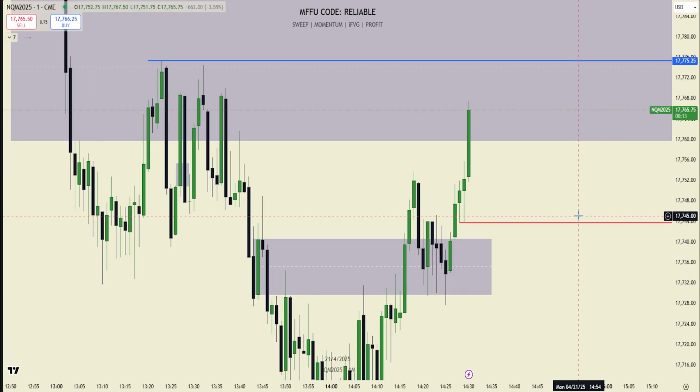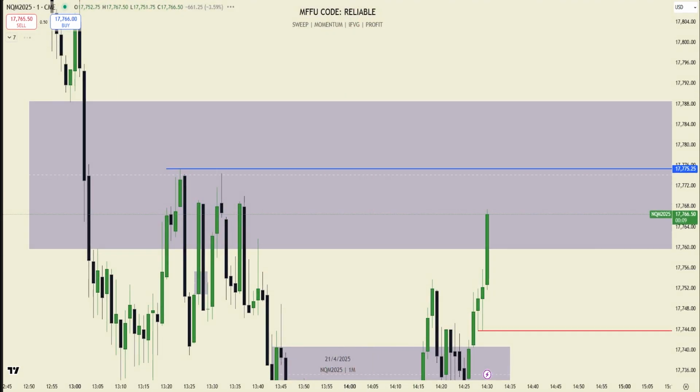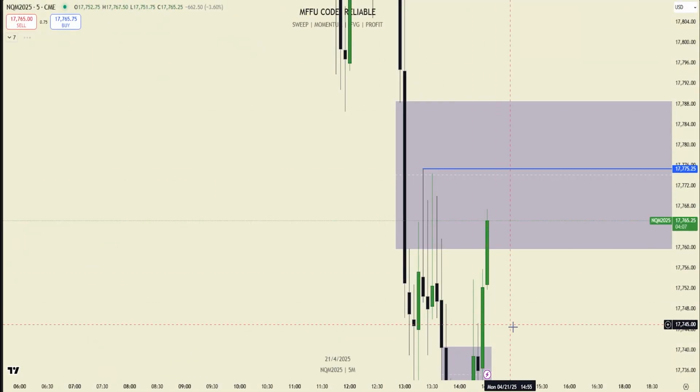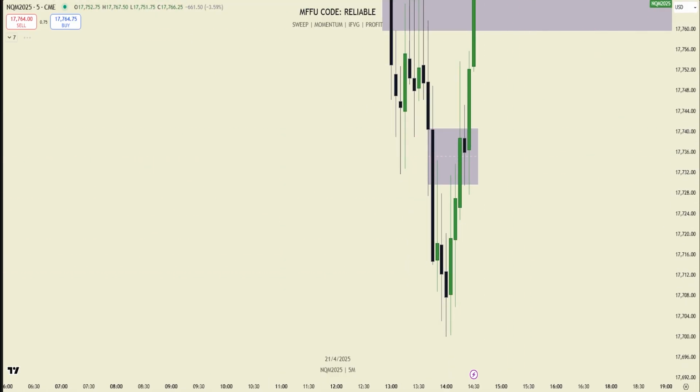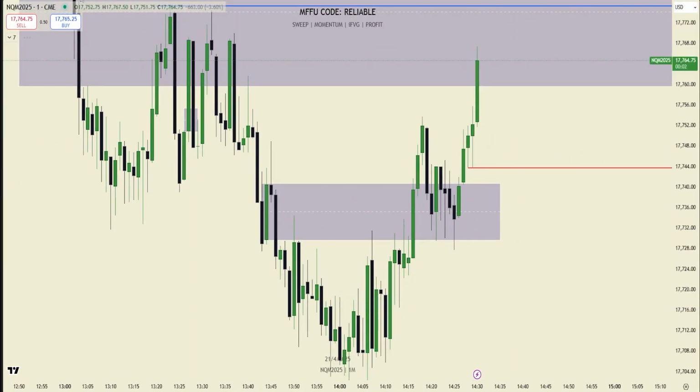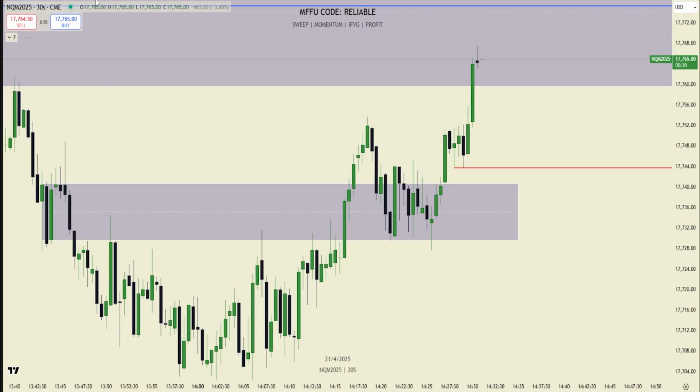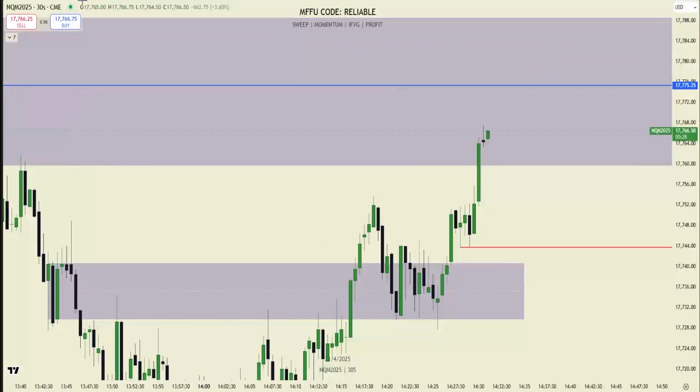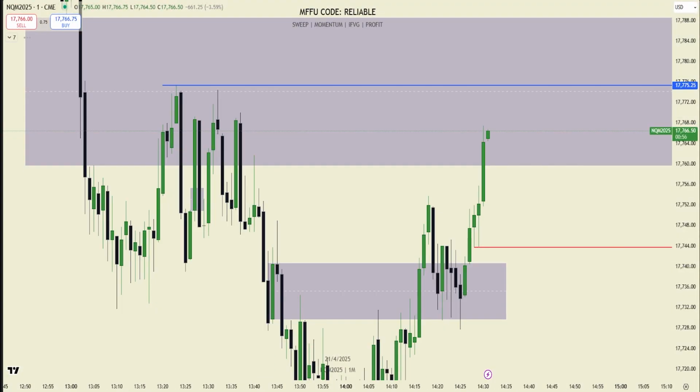I wonder if this momentum candle is going to get retraced or if we're just going to run the highs here. If I had to guess, we're probably just going to run the highs. I think long in this 5 minute, you're probably too late. You should have been in from down here, but there was no setup. So yeah, it looks like we're going to run the highs here.